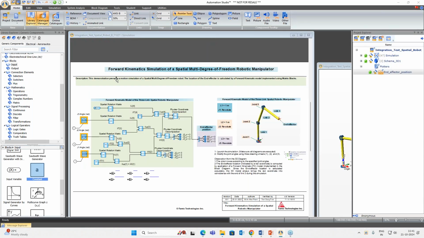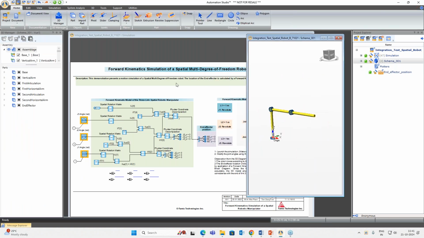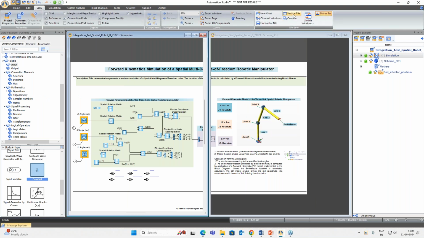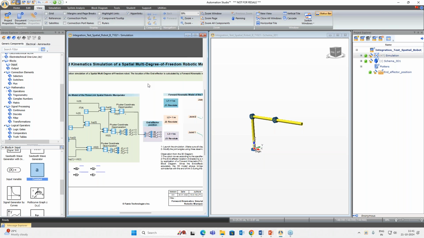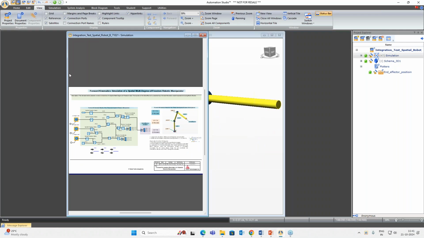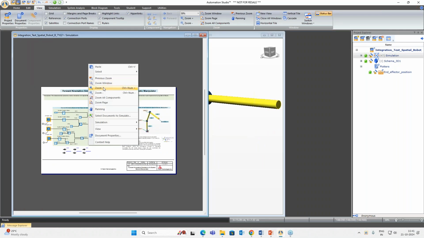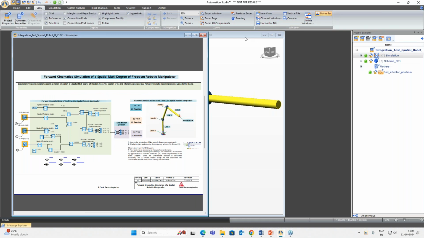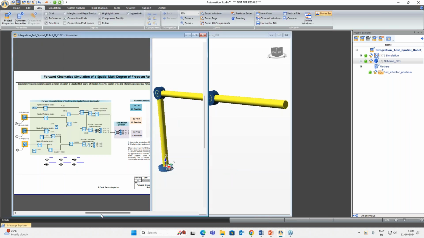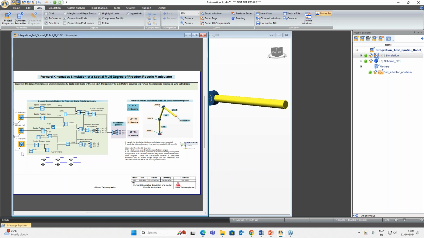So this is the example for forward kinematic simulation of a spatial multi-degree of freedom robotic manipulator. In this example, this is the 3D diagram. I just change the view, vertical tile, and just adjust the screen. So this is a robot, and to have control of this 3D diagram, this is the block logic